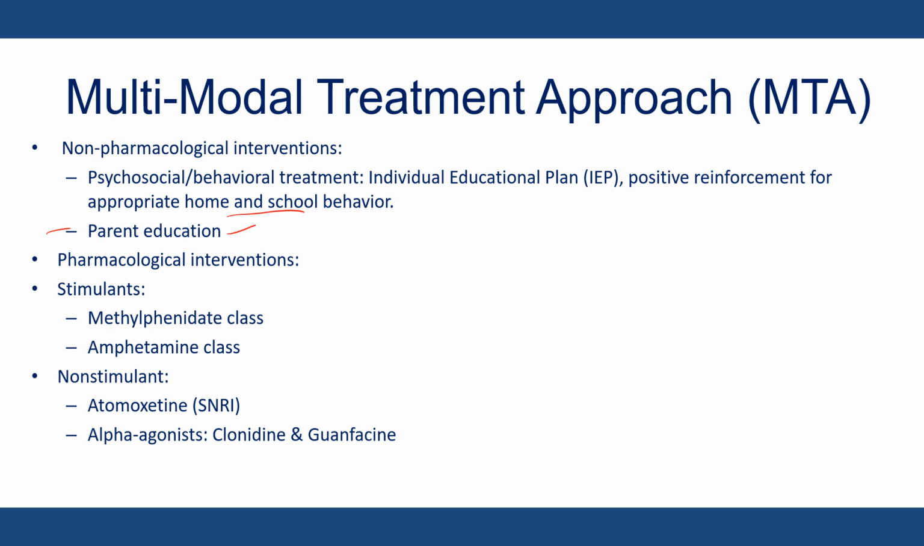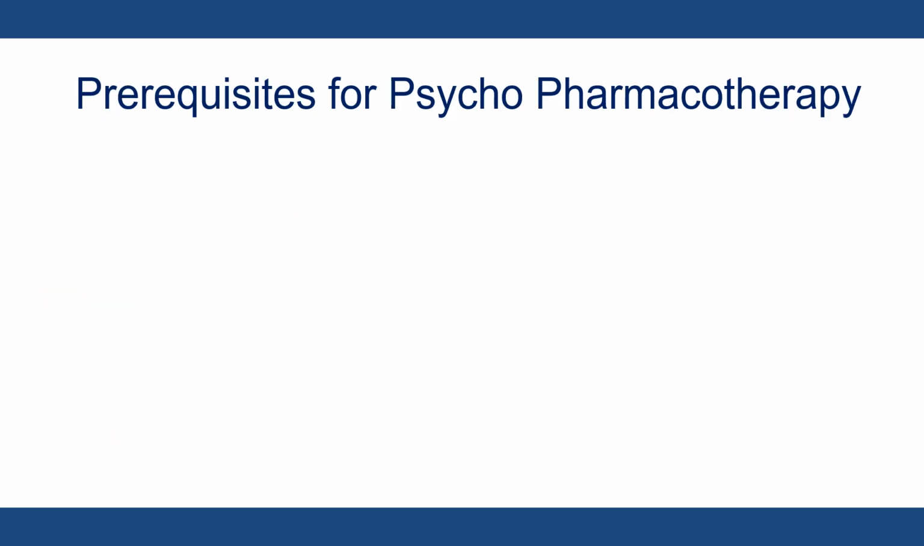But the rule of thumb is, we start with a stimulant. That is the first line of treatment, unless there are good compelling reasons for you not to start a stimulant, and we'll talk about that in a minute. All right. What are the prereqs for starting somebody on psychopharmacotherapy? Let's say that you have a